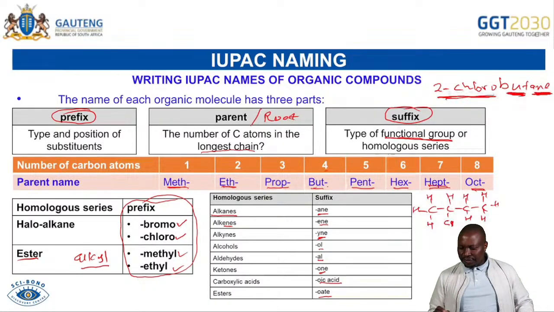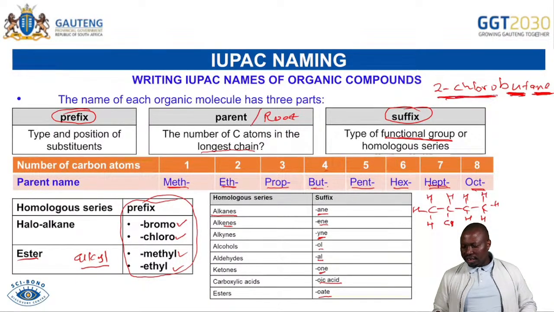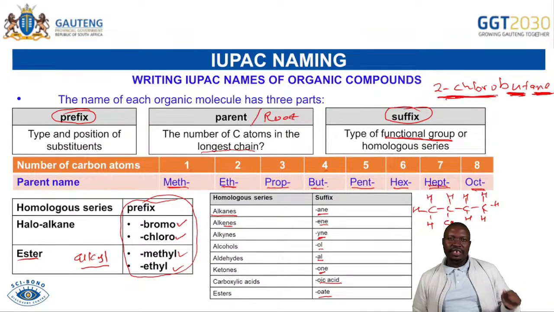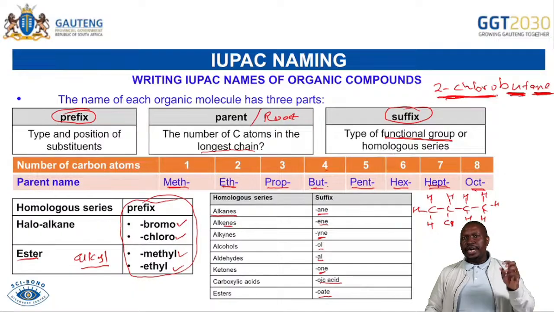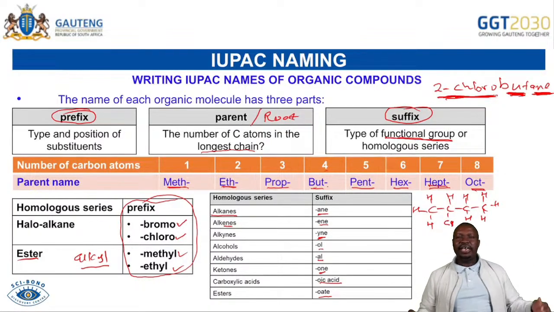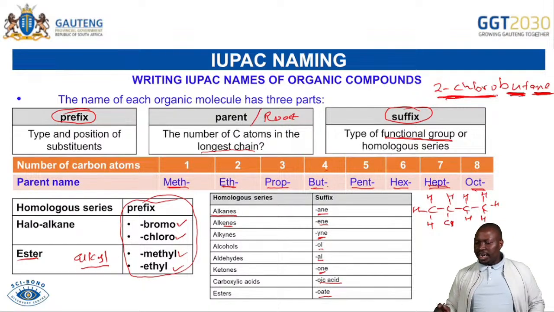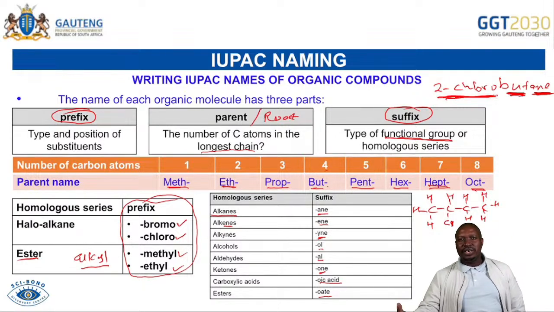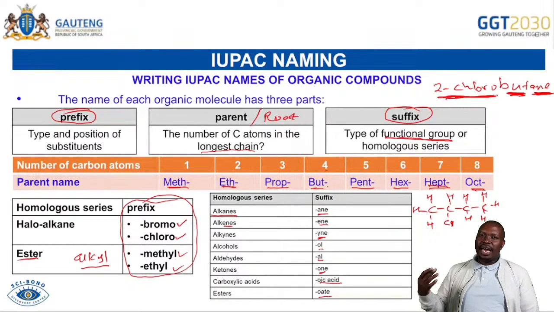Because we are saying this family has a parent which is "but", and their surname is "a", and then we are saying there's a visitor in carbon number 2. That visitor is called chloro. You are able to get it and have that understanding and appreciation of the molecule itself as you are enjoying this topic. So it's important that you have that, but as you are using it as an example, it's not what you can write in the exam.